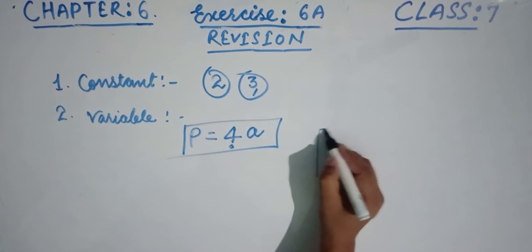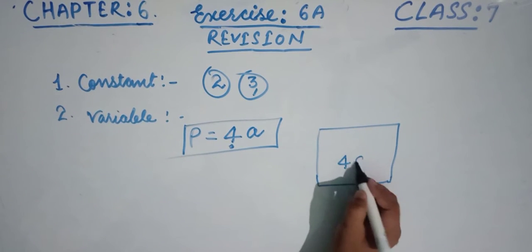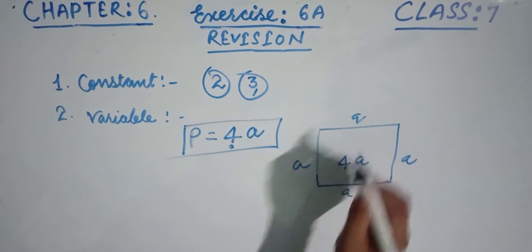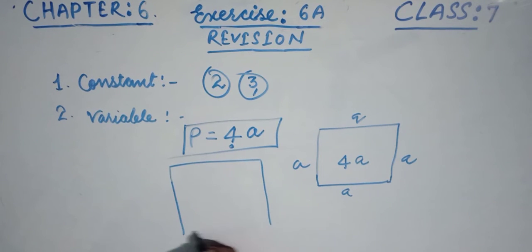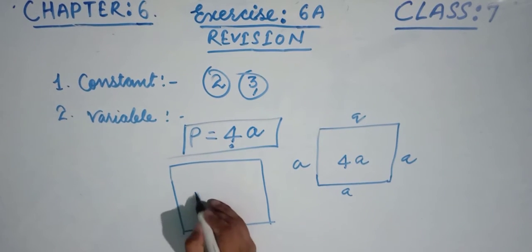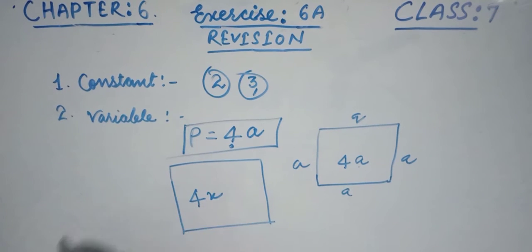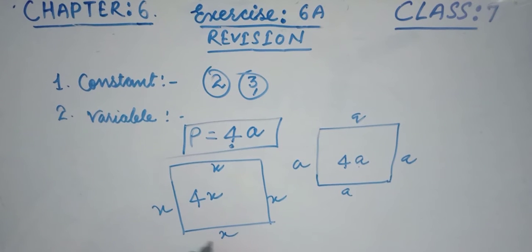Suppose like this square, this is also a square, so the perimeter of this square is 4 into a. Suppose a is the side, a and a and a. And suppose talking about this square, friends, this is greater than this, friends. So 4 cannot be changed, but this can vary, friends. Suppose here is the a, suppose here is the x, because this is x, this is x, this is x, and this is x. So the side of this square changes, friends.